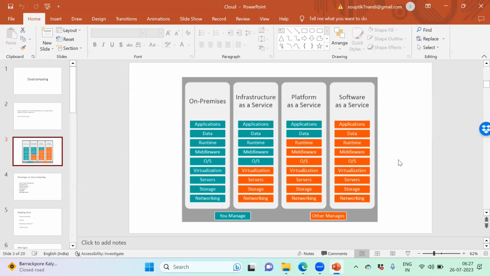Now, based on the services of cloud, I think this picture is very much important. This picture is very important, based on the different services that we receive from cloud. The on-premises setup I mentioned earlier, nowadays companies still using on-premises services are migrating their services from on-premises to cloud. Cloud helps us with three services: infrastructure as a service, platform as a service, and software as a service. Cloud provides any of the three.